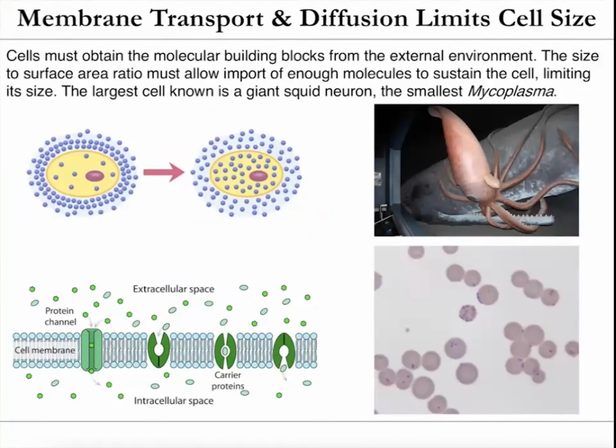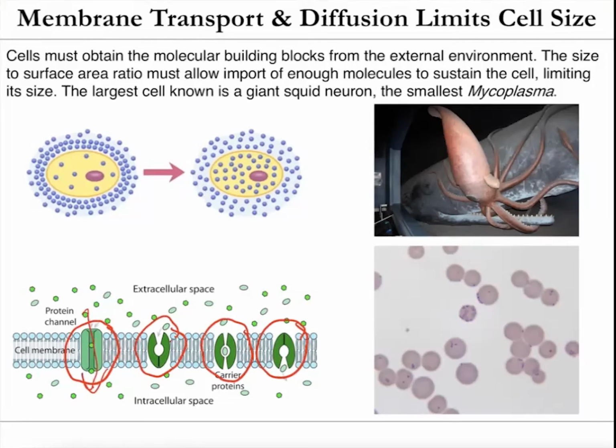And so the cell membrane provides a barrier from the external environment to the internal environment. However, the cell does need to bring in molecules from the external environment. Those proteins within the cell membrane, there's a bunch of different ones, are going to bring in and kick out a bunch of different molecules that the cell needs to survive. Things like ions, molecules that you need, building blocks, glucose to break down for energy. Your cell needs to be able to bring these in from the environment. And some of these just happen through diffusion, so they just go through protein channels.